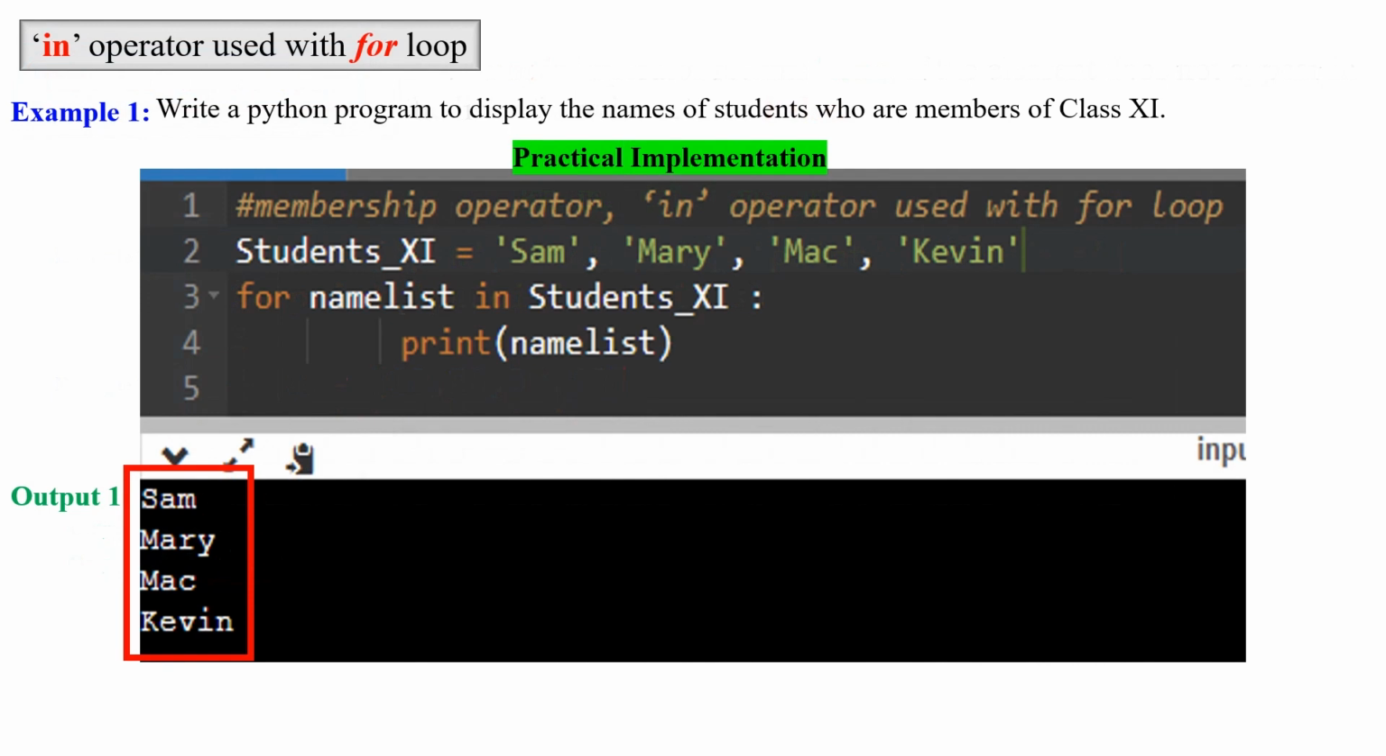In this method, the membership operator in can be used to display the elements of a list through a for loop. Let's see an example. Write a Python program to display the names of students who are members of class 11. Now, look at the Python code. The line, students_11 equals Sam, Mary, Mac, Kevin, defines a tuple named students_11 that contains the elements Sam, Mary, Mac,